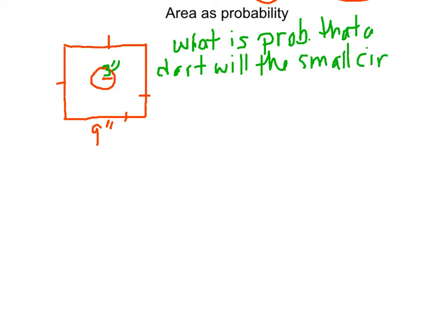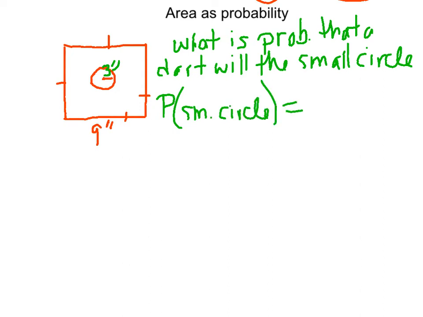Again, I'm assuming that any dart that gets thrown at it will go somewhere inside that square. So we're not talking about any wild darts or anything. So in other words, I'm not playing this game because I'm not a very good dart thrower. Okay. Probability that it will go into the small circle